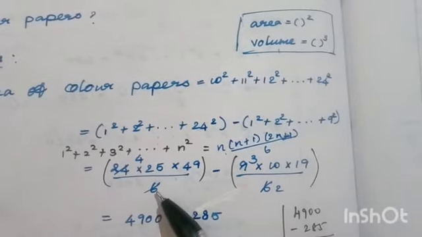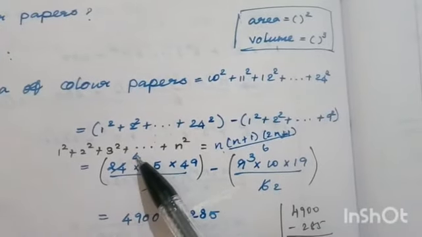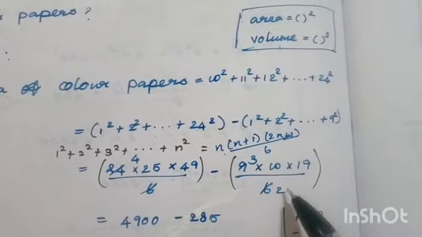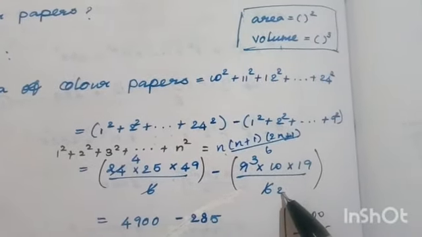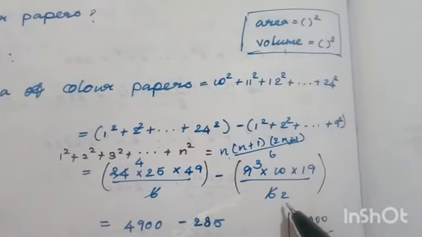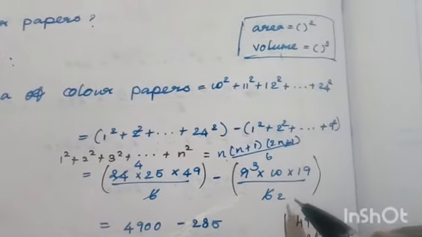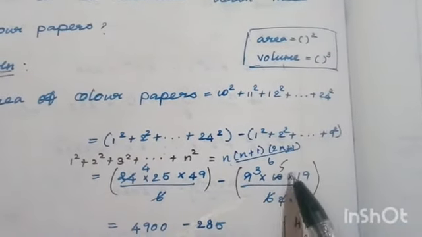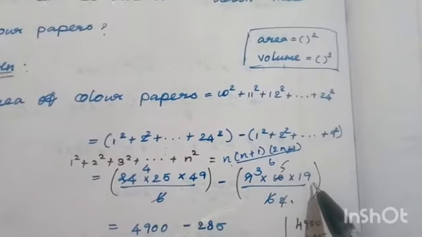I am using the 6th table here. 1 6 is 6, 4 6s are 24. Here 3 table, 2 times: 2 3s are 6, 3 3s are 9. Then again here 1 time: 1 2 is 2, 5 2s are 10. So you have to multiply 15 into 19.